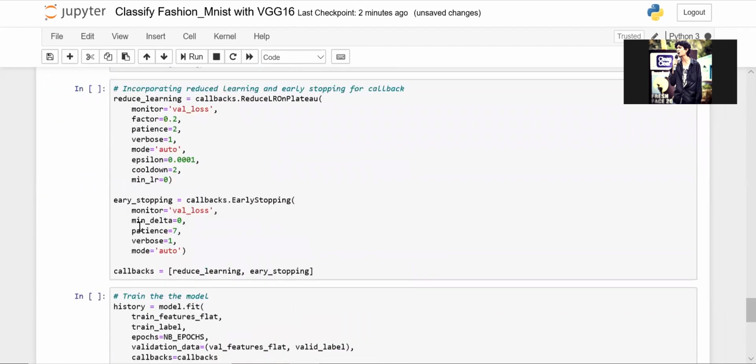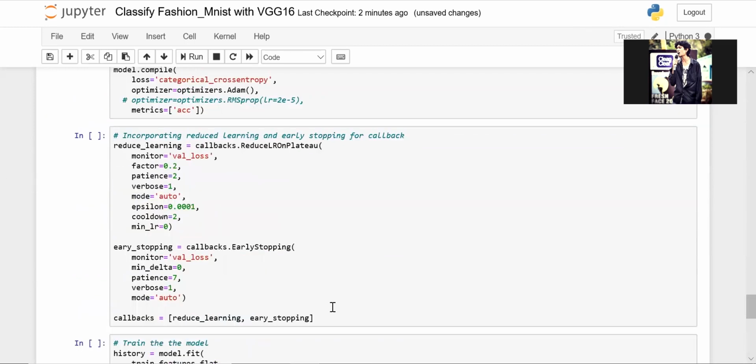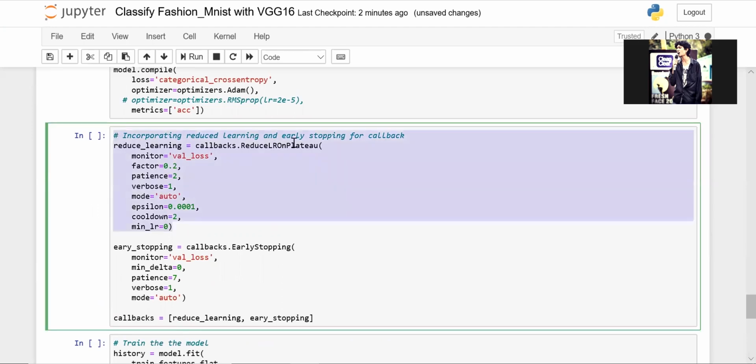So here we'll be doing the compilation of the model once we are done with it. And then these are the callbacks. For example, if the model doesn't learn much after a few iterations, you reduce the learning rate so that you can get a better estimate of what is there in the data. This is the reduce learning rate callback function. ReduceLROnPlateau means reduce learning rate on plateau. When the learning cost and loss function plateaus out, you reduce the learning rate so that we can get a better estimate, since this may lead to overfitting of the data also.